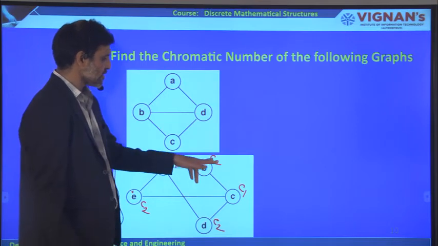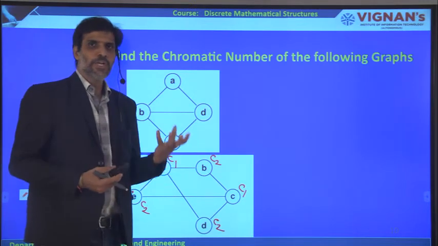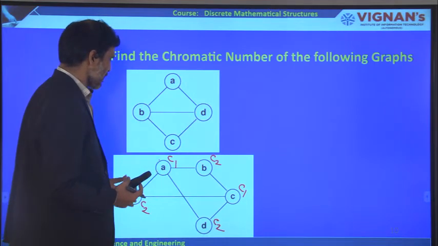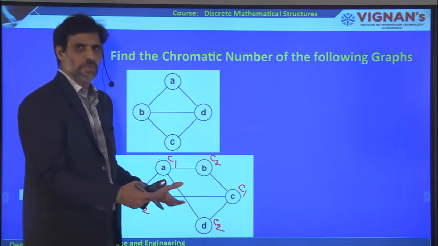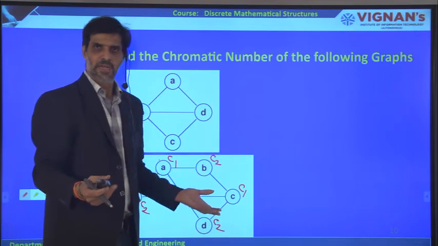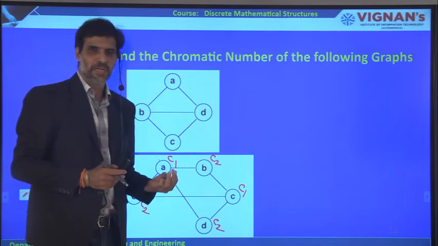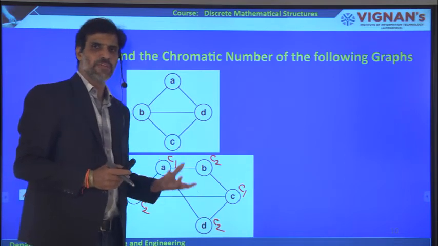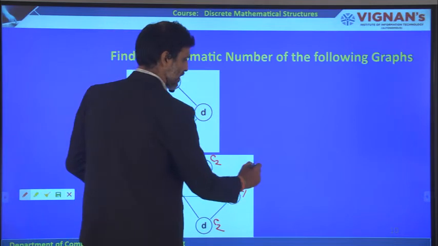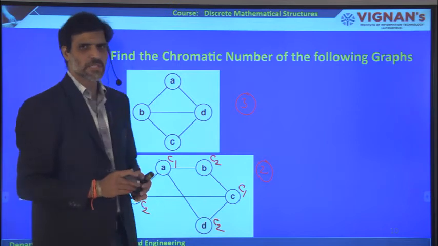Otherwise, you can take C1, C2, C3, C4, C5. Like that, we can take any number of colors. But you need to optimize the number of colors so that it is good for graph coloring. It is not the way to fill every vertex with a different color. Like that, we can do any problem. But the important point is how you are going to fill the vertices of the given graph with the minimum possible colors. So we can fill with 2. Therefore, the chromatic number here is 2. In the previous case, the chromatic number is 3. Like this, we are going to discuss the chromatic number.